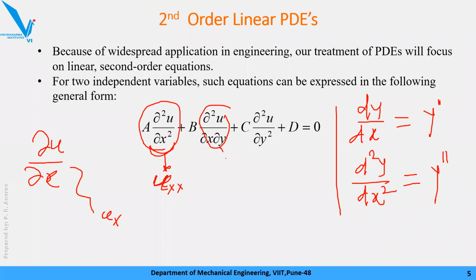Here, this you will represent as small u suffix x y, and this as u y y. Now why have I told you this? Because in your examination we might provide the example or equation in a short form instead of writing dou all the time. Now this is your general form of